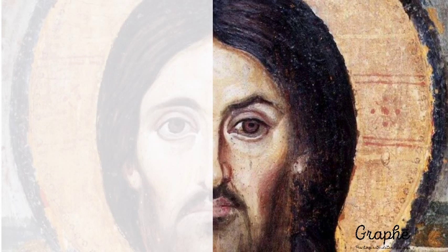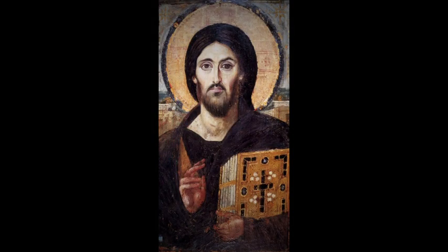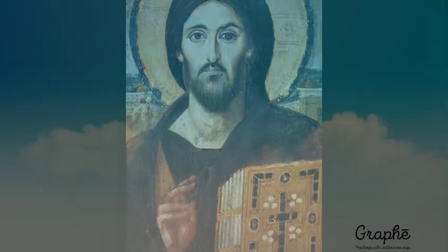Now what will happen when you cover the right side of his face? Now the left side appears the way he will be seen by those condemned on that day of judgment. The idea of the right and the left of Christ, representing Christ as a judge, as a Pantocrator, comes from